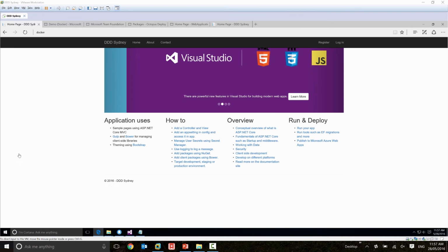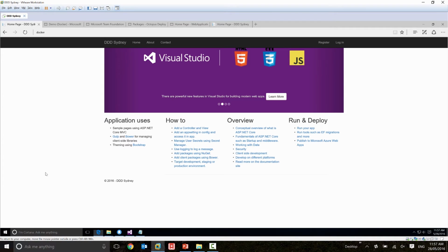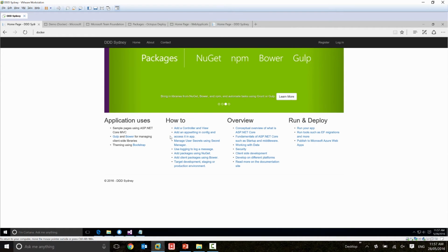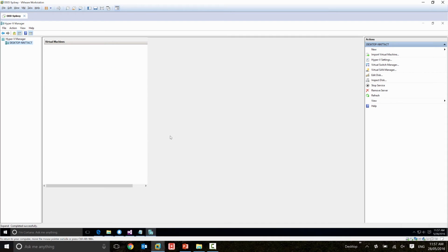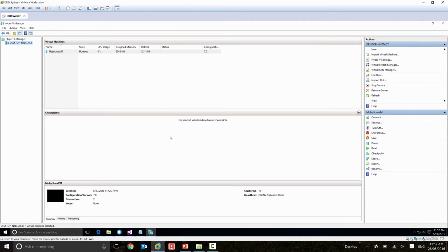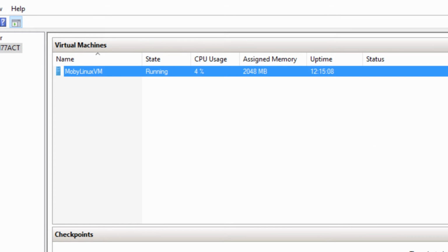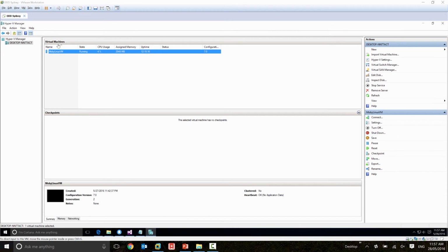If you want to see it, let me bring up Hyper-V. That's Windows 10 running Hyper-V. Yeah, that's the combination. So this is the Moby Linux. That's the VM that's running on Hyper-V. And that machine is Docker. So if I connect to it,